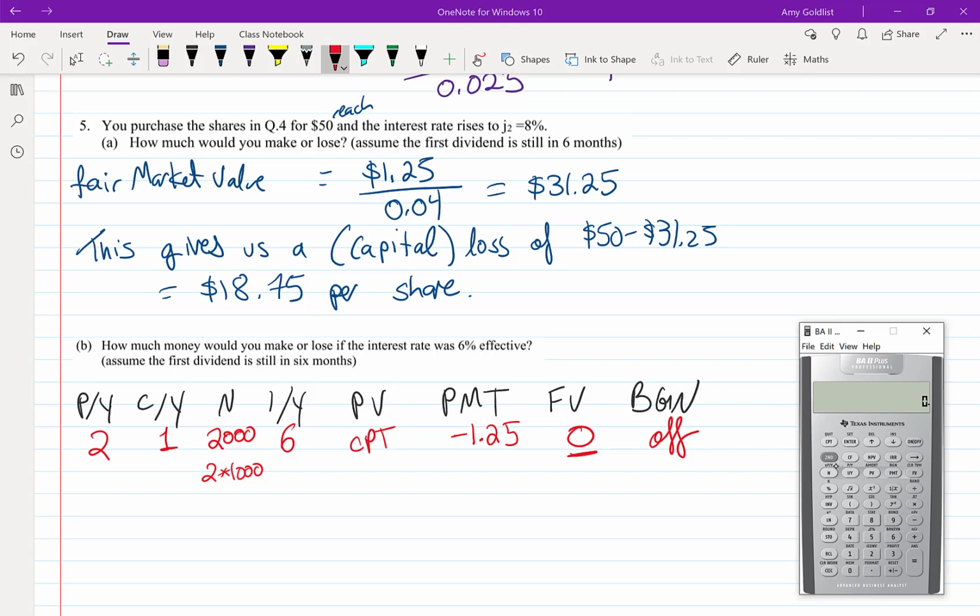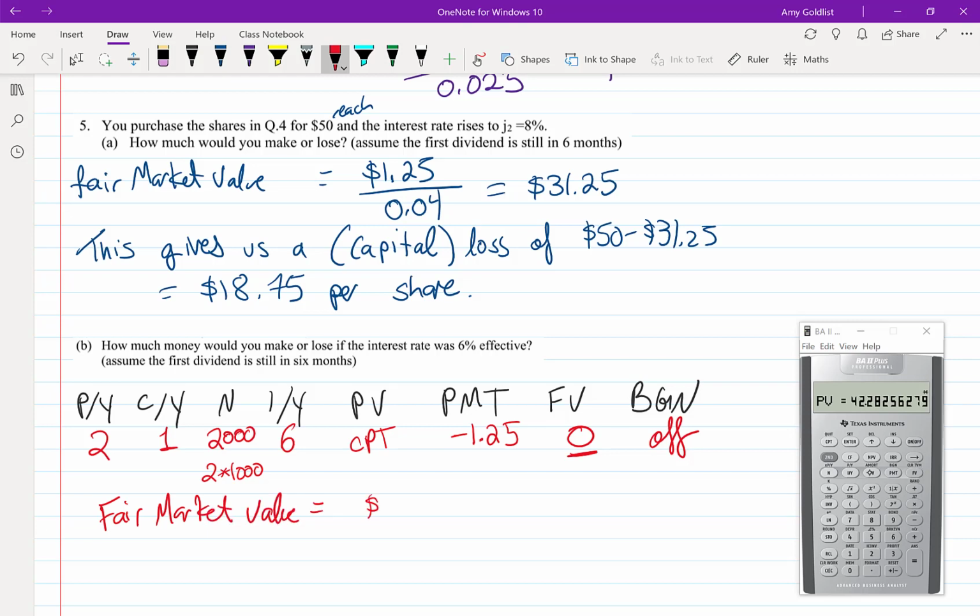Going into here, I'm going to start with my PY/CY, set my PY to 2. My CY has changed, so I'll make that different. I always like to scroll around there, make sure I did it properly. Our N is now 2,000, and our interest rate is 6. Present value is what I'm computing. $1.25 is the payment, and I need to make sure that I put in 0 for the future value. Compute the present value, and now I get a fair market value